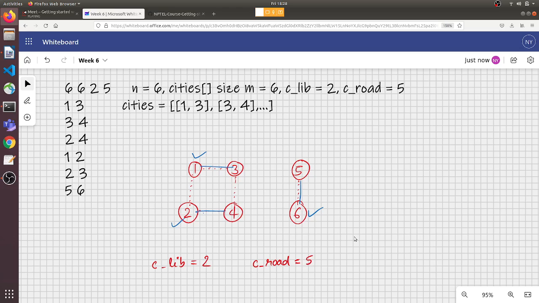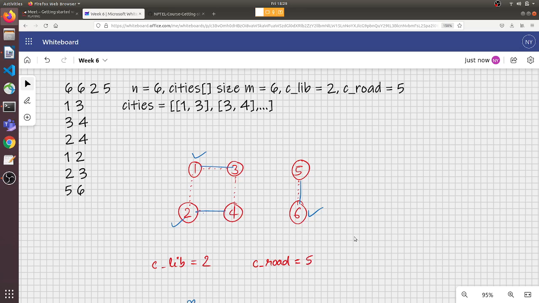Either by building a library in their own city or by providing a road connection to other cities that have a library. So here, since the cost of library is less than the cost of road, we can build a library in every city, and that will be the optimal answer. Now why it's optimal is because